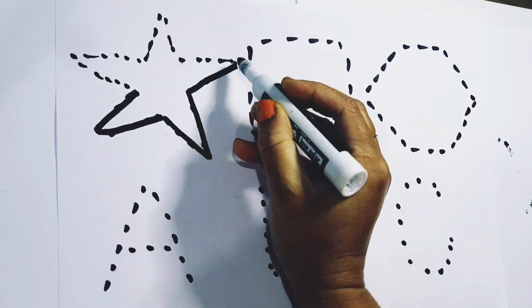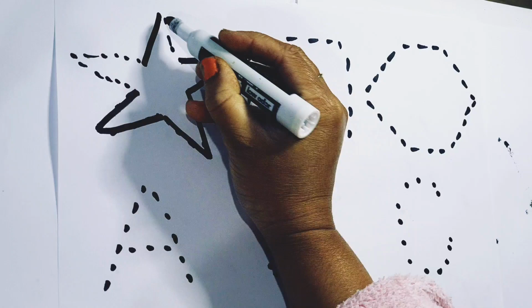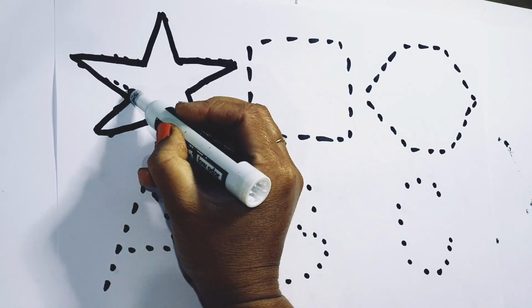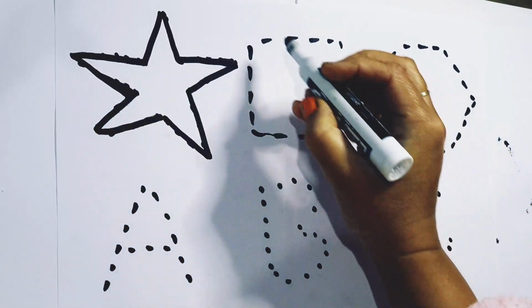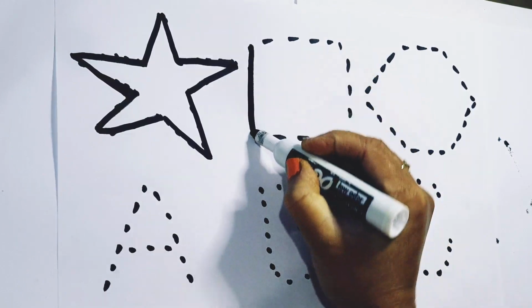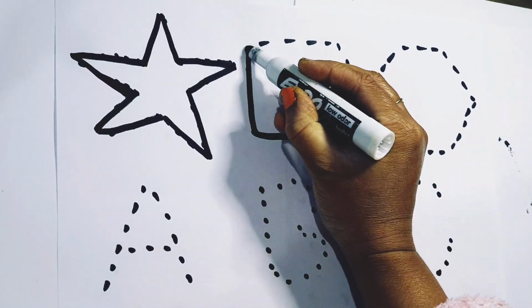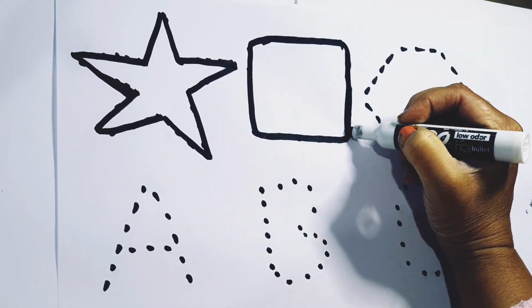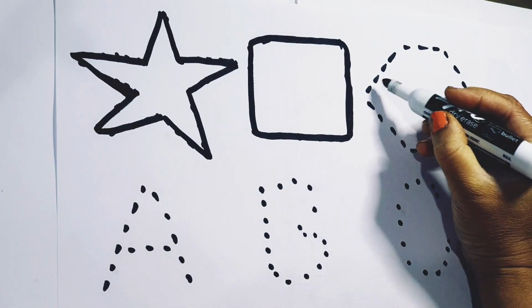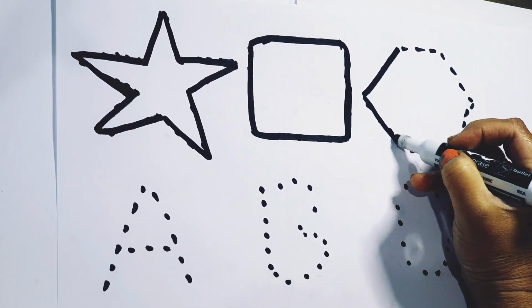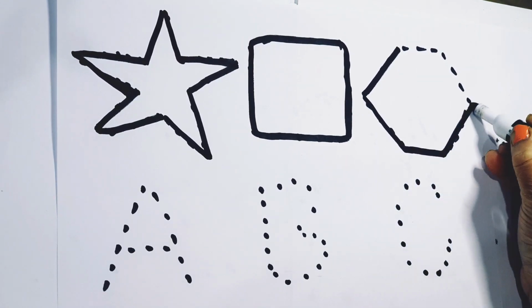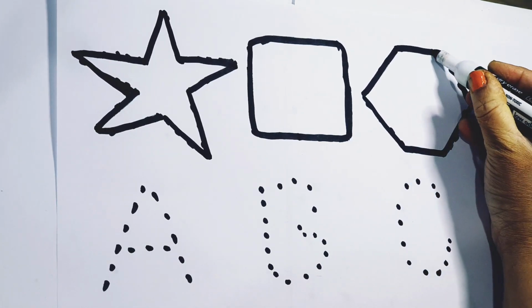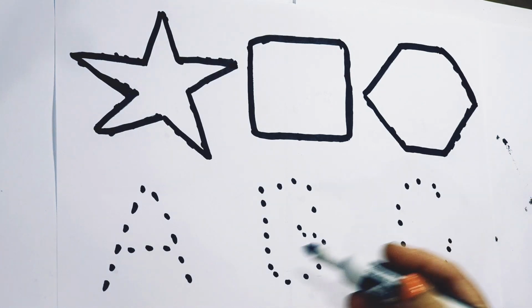what's the name of this shape, kids? Star. Square, star, square, hexagon,